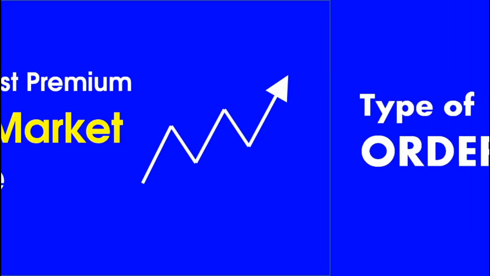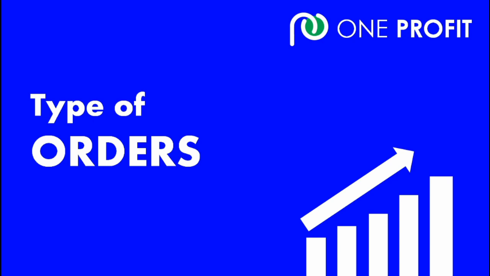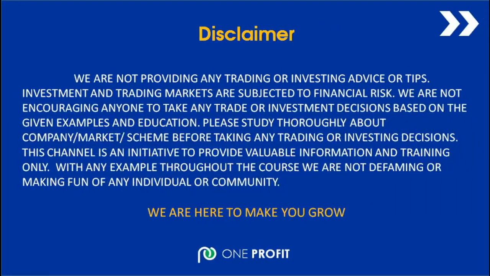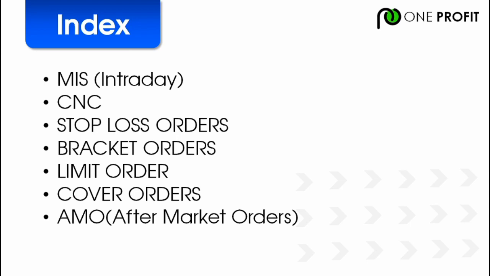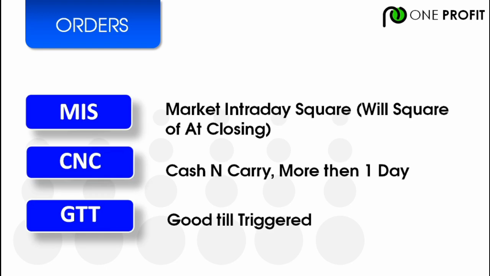In this session we are talking about orders. Orders are a very important factor to get good profits. Orders reflect directly to your monthly profit goals. Choosing better orders can help you reduce slippage. In this session we cover MIS, CNC, stop-loss orders, bracket orders, limit orders, market orders, cover orders, GTT orders, and aftermarket